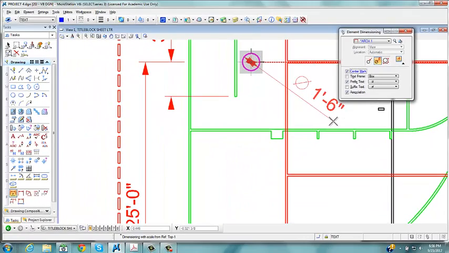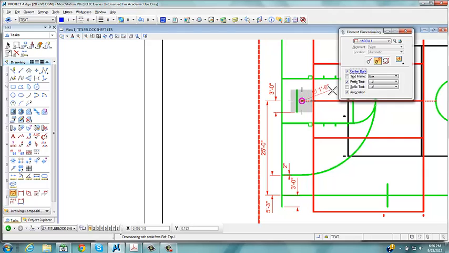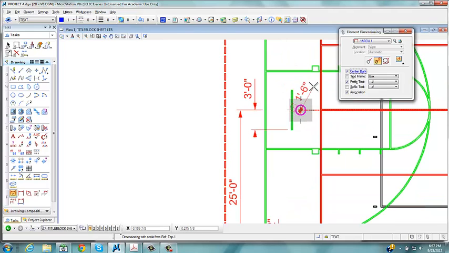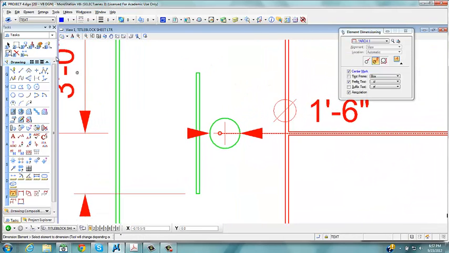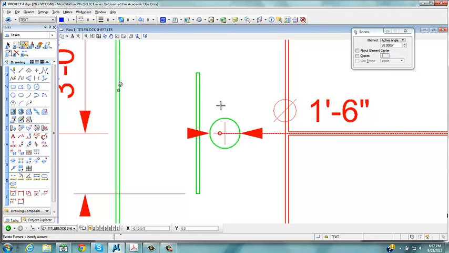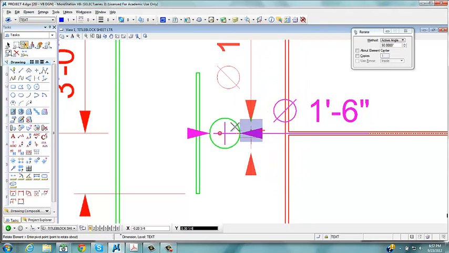And hate to cross these lines, but my text is kind of big here. Let's try it right here. I'm cheating a little bit, but